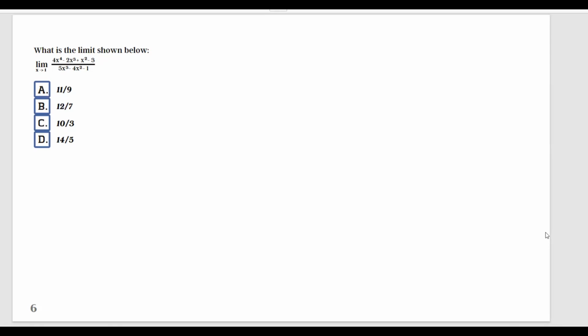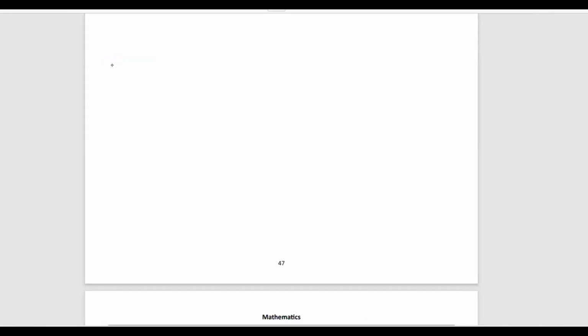So first, what we're going to do here, we're going to substitute x with 1 to see what we are getting. I'm going to let you do that by yourself. Eventually, what you're going to get is 0 over 0, which is an undetermined case. And when we have this, we use L'Hopital rule. We have L'Hopital rule in the FE handbook. I'm going to come to the FE handbook and write